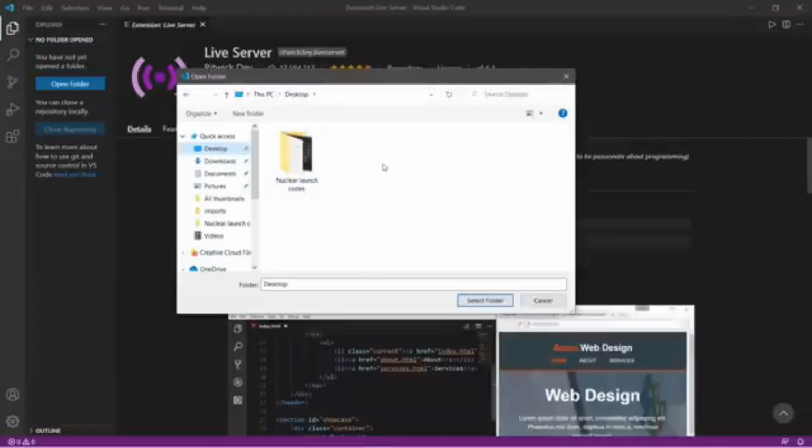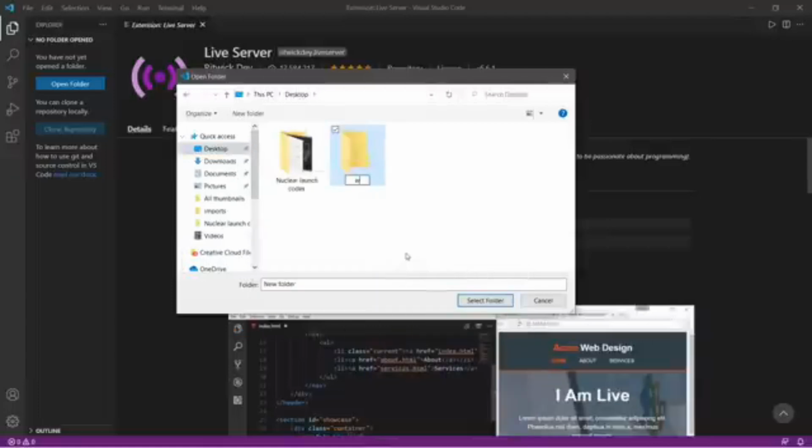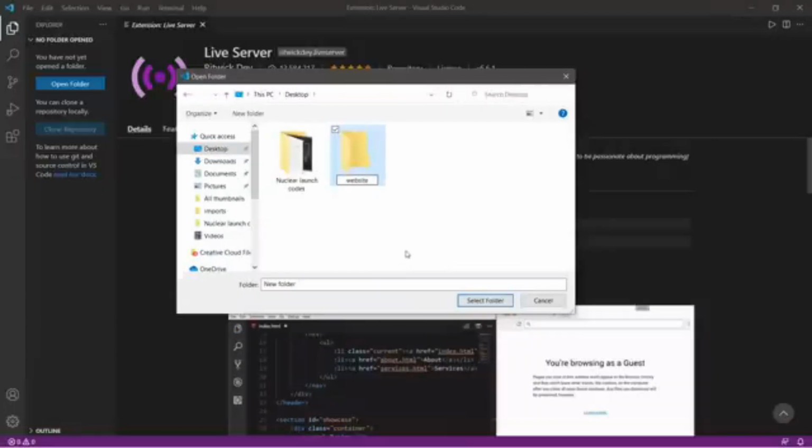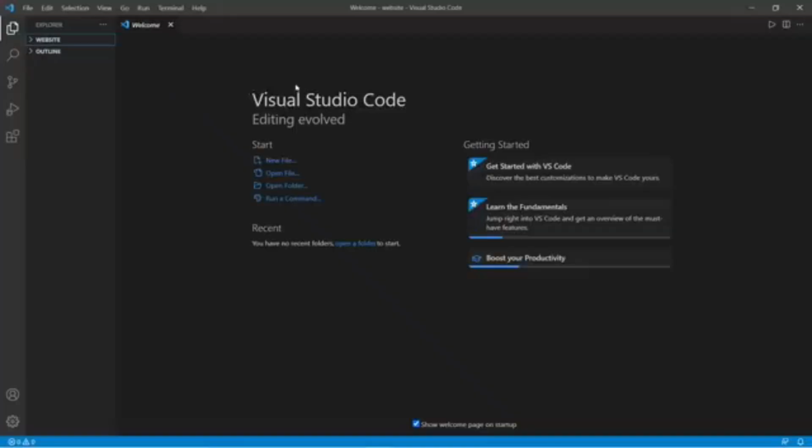Open folder, wherever you want, create a new folder. I'll create this on my desktop just for convenience. I'm going to create a new folder. I'll name this website, or whatever you want, doesn't matter. Then select folder, and within our website folder, we're going to create a new file. Name this